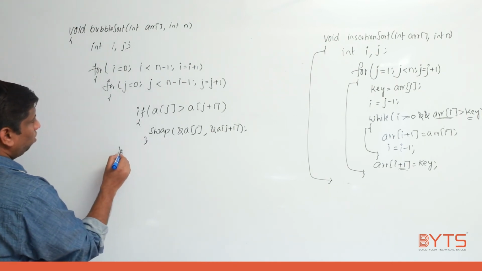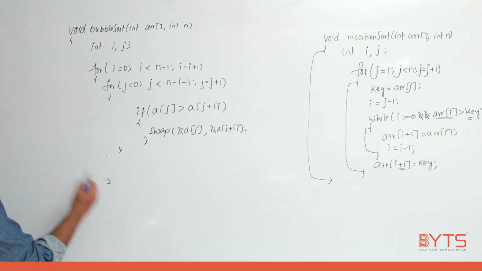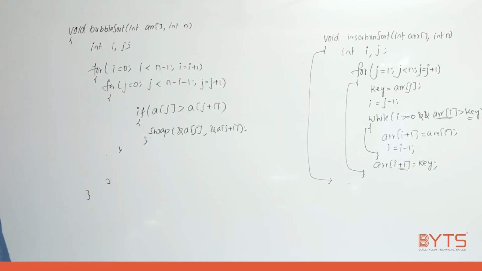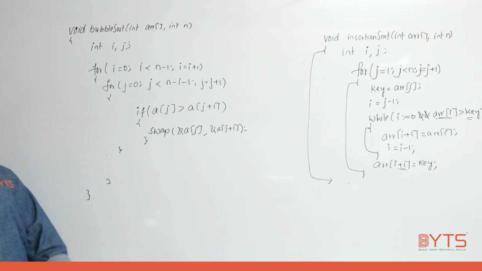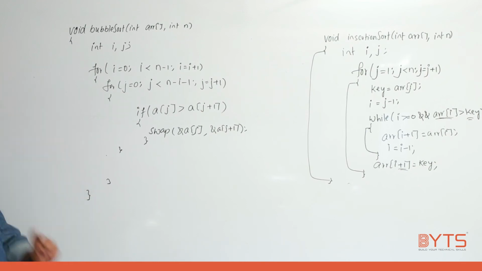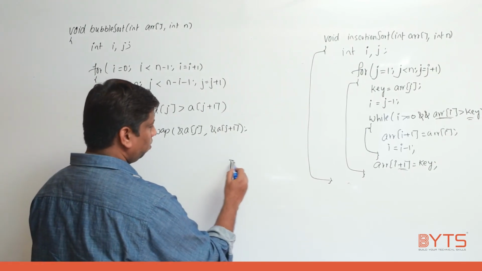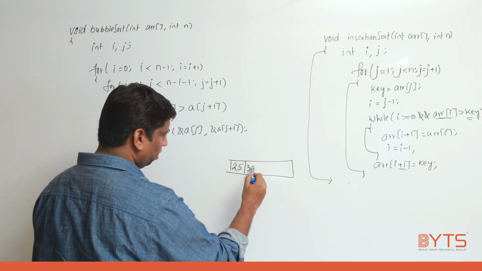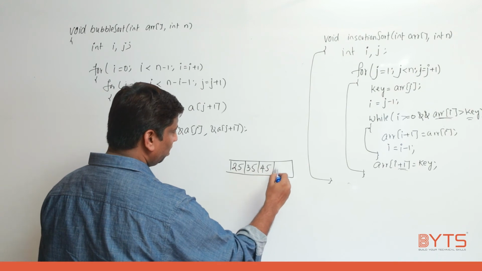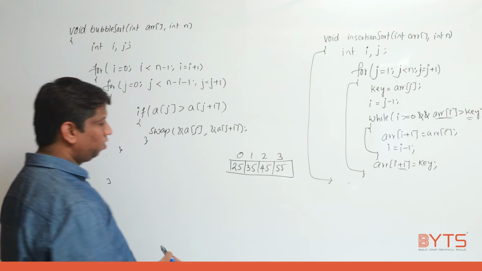See, one important point I am going to discuss for you. This is the end of the bubble sort, right? So here I am keeping the for loop end. One important point: no other sorting is having that flexibility. Only this sorting is having that flexibility. If you want, you can trace it here: 25, 35, 45, 55, with indices 0, 1, 2, 3.